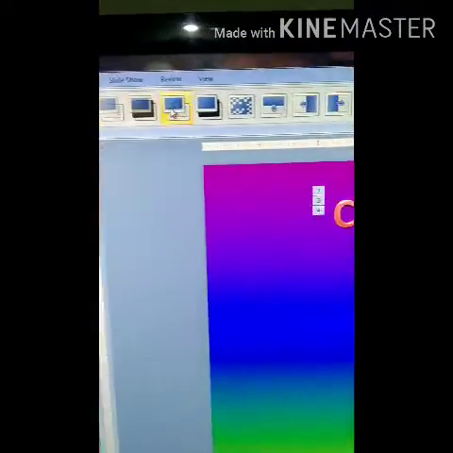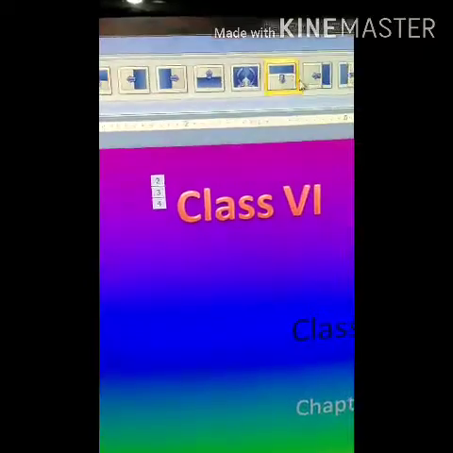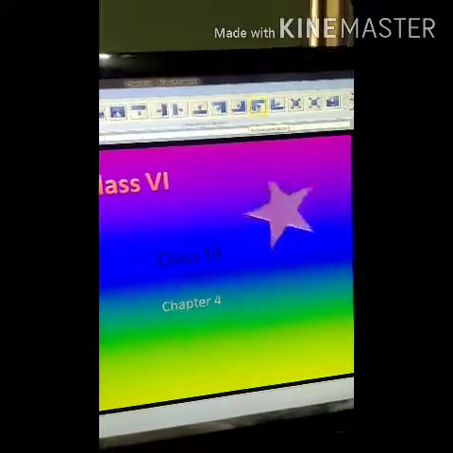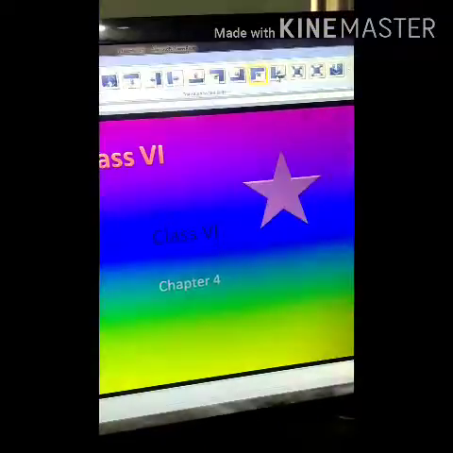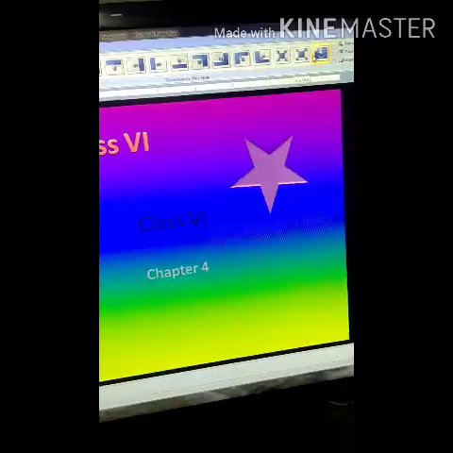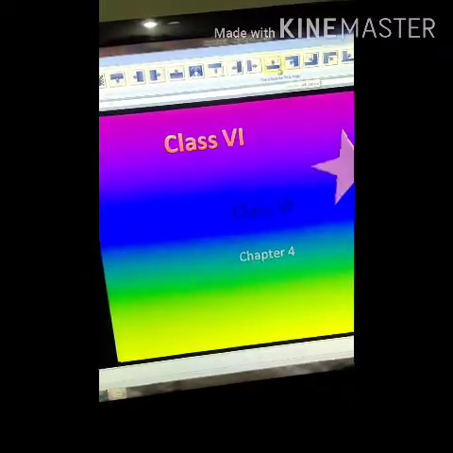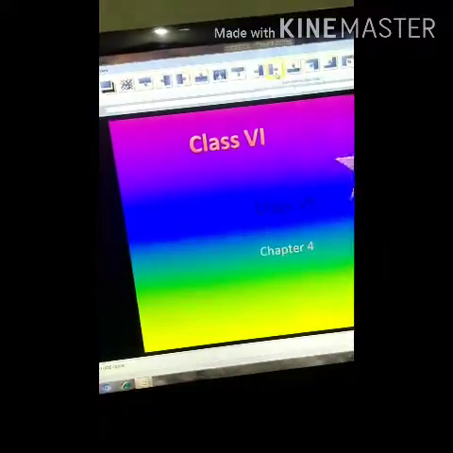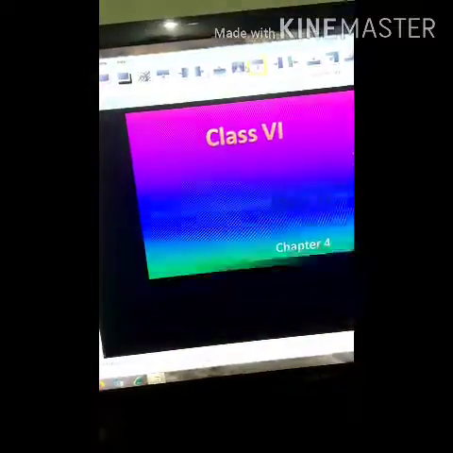In this ribbon you please pay attention, all these are the slide transitions. It will show you a preview when we hold the mouse button on a particular transition. It will show you the movement of the slide in different directions.